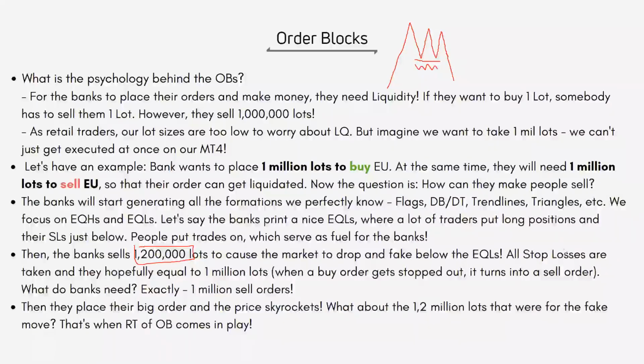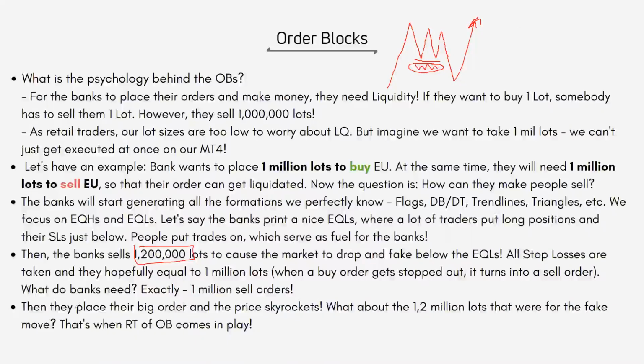And all stop losses are taken out and they hopefully equal to 1 million lots, right? So if there are 1 million lots sitting in right here, the market is going to move. But guess what? Not always there are going to be 1 million lots right there. And we actually had a question on one of the webinars. I think it was Fitki who asked, or somebody else, how do we know that the banks generated the liquidity? We don't know, right? We know that when the market actually creates the high, right? But sometimes there are not that many orders to fulfill their move. So they're going to create another formation, fake again, and then go as well, right?